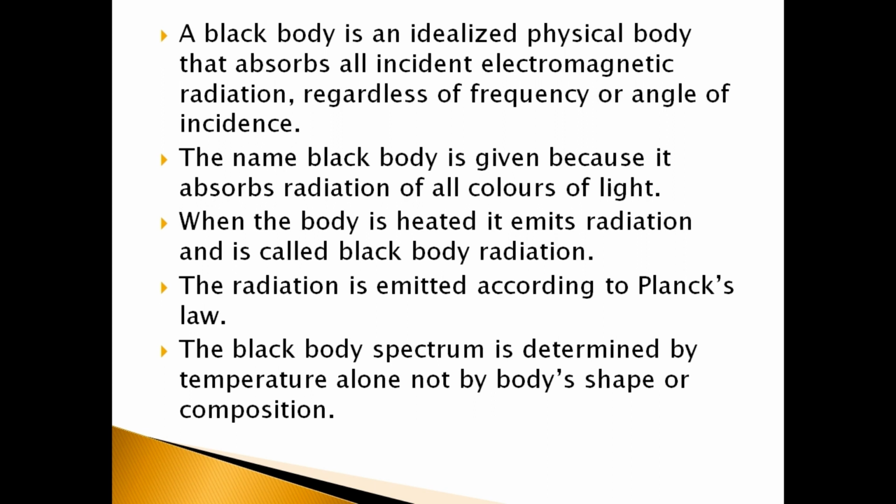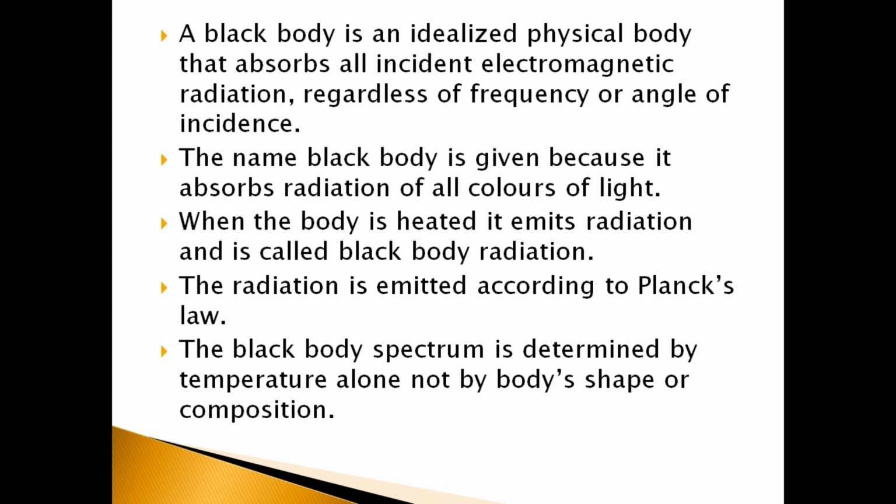Now, remember one thing, the radiation emitted by stars and planets can be called blackbody radiation. They are not perfect black bodies, but the radiation emitted can be called blackbody radiation. Some examples of black body: stars are the best examples. So stars and planets are natural examples of black body. Then Ferry's black body is there. Wien's black body is there. So these are some of the examples.